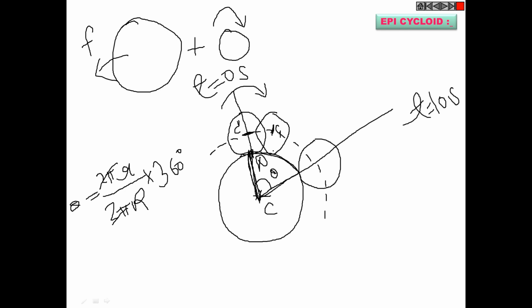So now can you guess where the point P will be? Whether that point P will be exactly at the same point as in the initial case, or whether it will change? It will change. How could it be the same? You are rotating the smaller circle in the clockwise direction. So when you rotate the smaller circle clockwise, the point P will not be the same point. Say this is that point P. It's a new point P1. Fine. Okay.